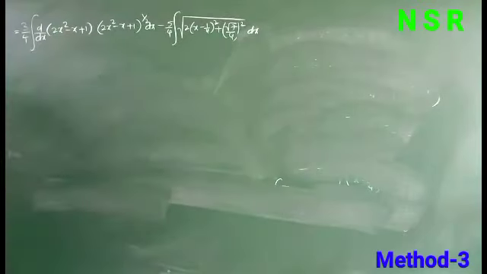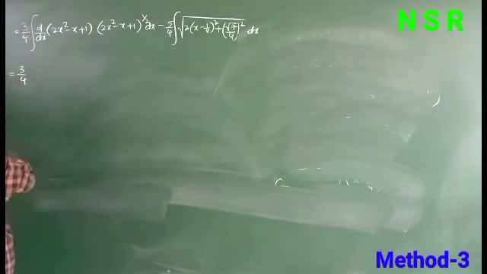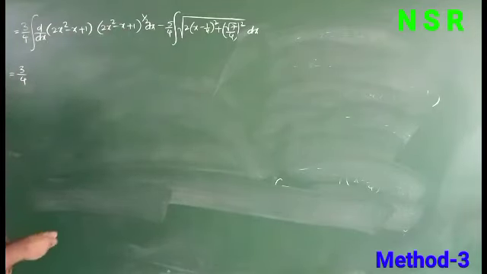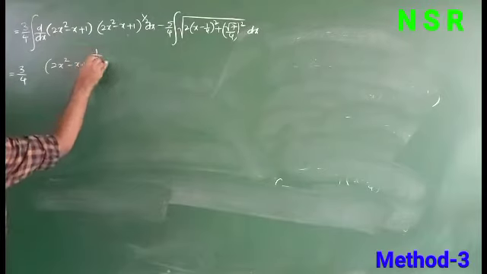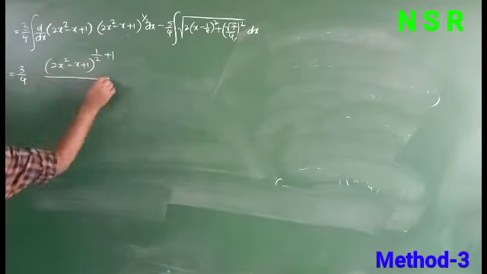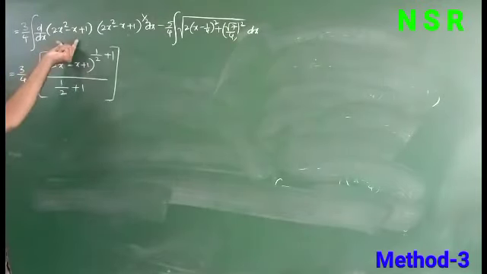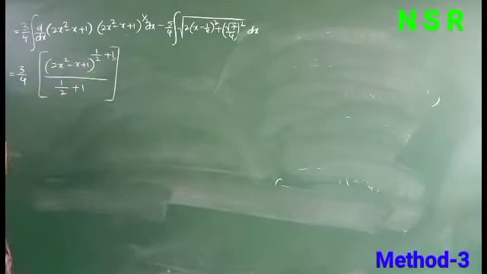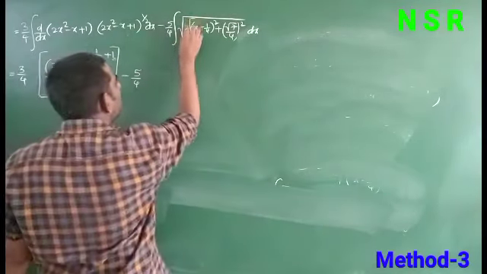So we get, first one here, the formula is 3 by 4 into f dash x into f of x power n. The formula we apply for f dash x into f of x power n into dx is f of x power n plus 1 by n plus 1. Here n means 1 by 2. This is f dash x, this is f of x power n. Now the formula is f of x power n plus 1 by n plus 1, minus 5 by 4 into, so root 2 is a multiple of this total term.